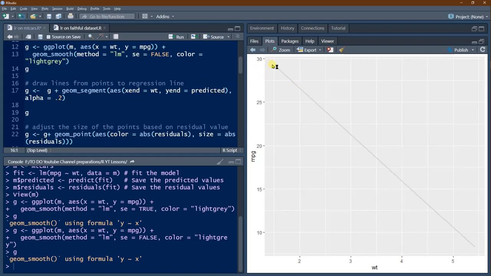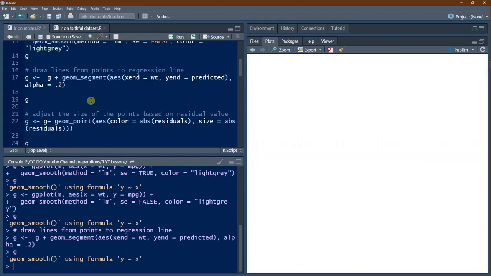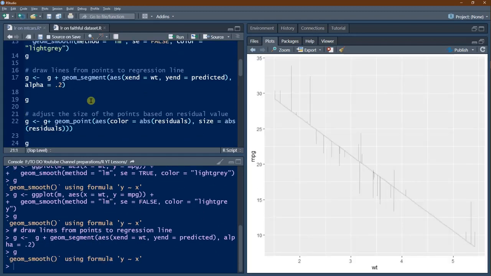The predicted values are along the line, whereas the observed points are around the line. So between these two there will be a segment, and it is given alpha 0.2, just to keep the line a little bit transparent. Now we have got the lines.